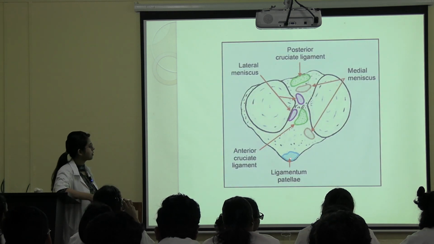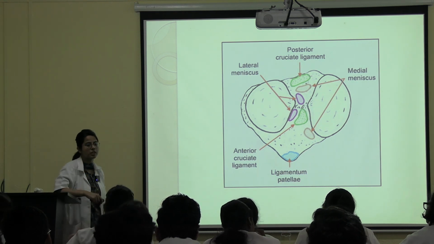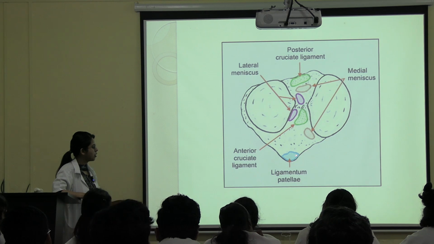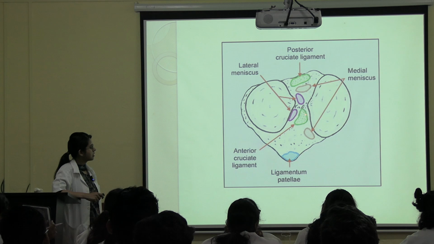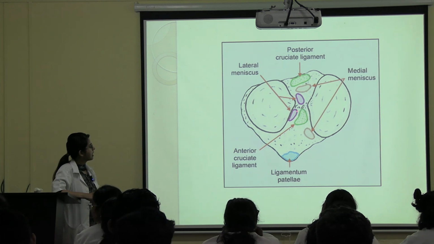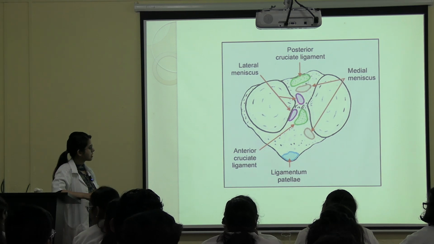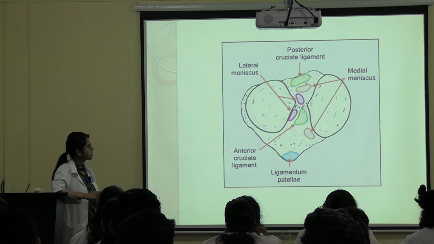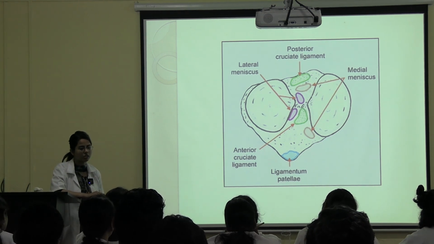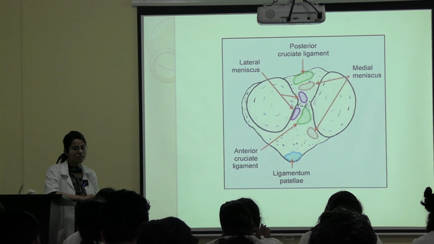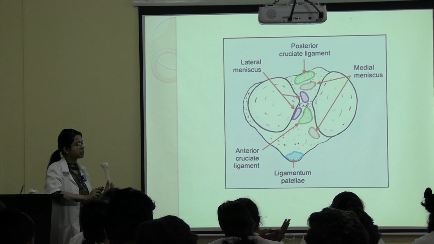First of all, there will be the ligamentum patellae. I said that anteriorly the capsule will be deficient for the ligamentum patellae. So this is the ligamentum patellae. Then the anterior horn of medial meniscus, anterior cruciate ligament, anterior horn of lateral meniscus, posterior horn of lateral meniscus, posterior horn of medial meniscus and posterior cruciate ligament. Okay, Medical College Lucknow, Lucknow Medical College. First letter of each word. Clear? So these are the structures in the intercondylar area.